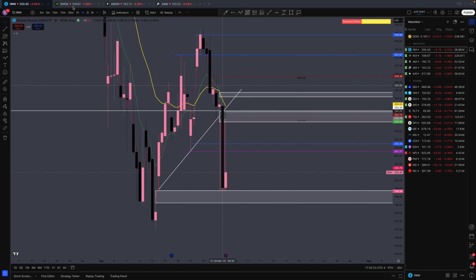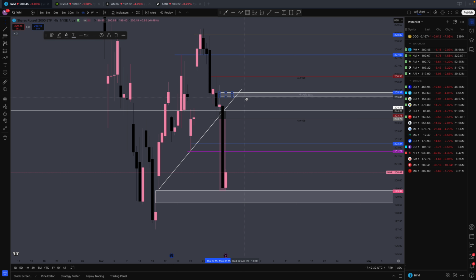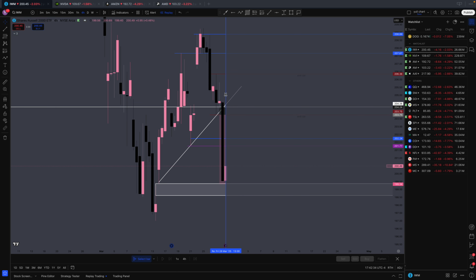Right, this is kind of a little bit messy. I'm going to take out my EMAs and my VWAP just so you guys can see. Let me take this out, right? So going into Friday,